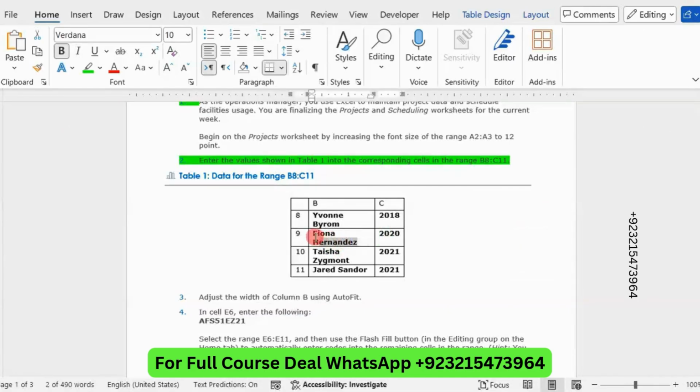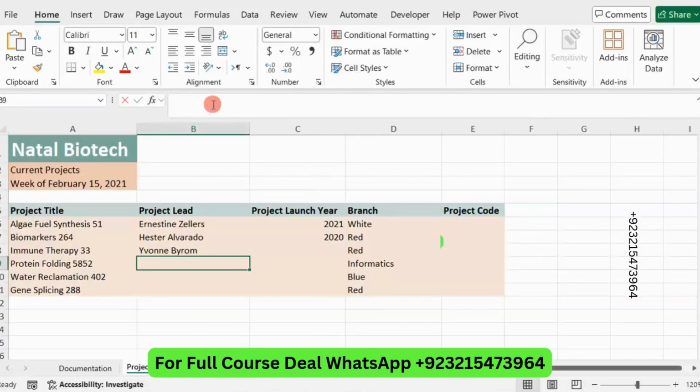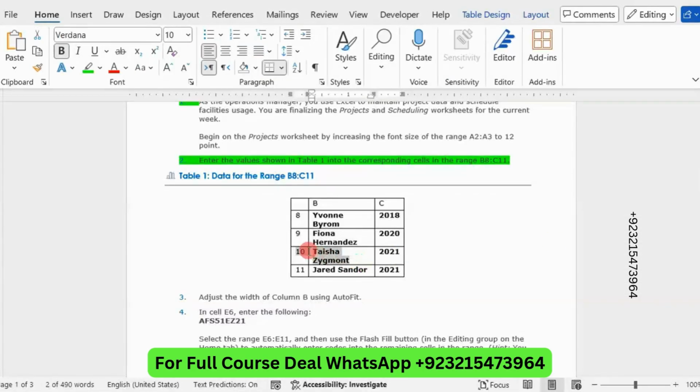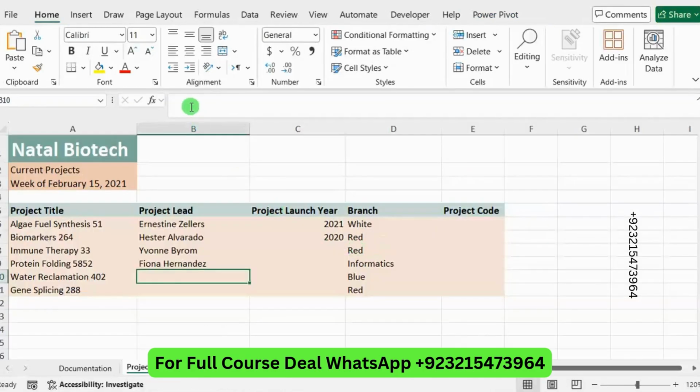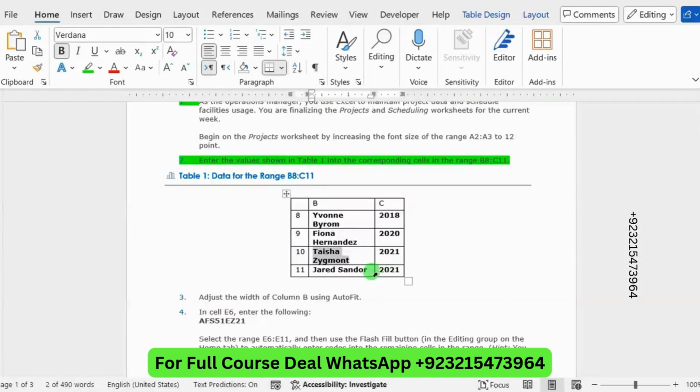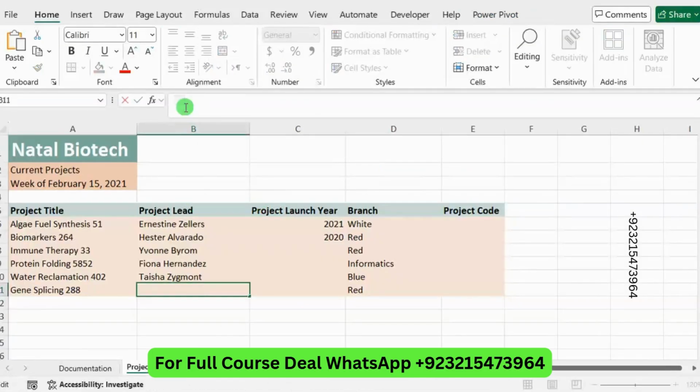Second value in B9, paste it here. Copy this and paste it in B10, and copy this and paste it here.